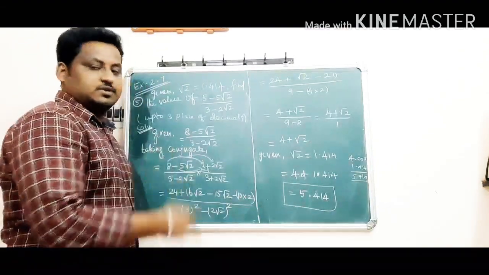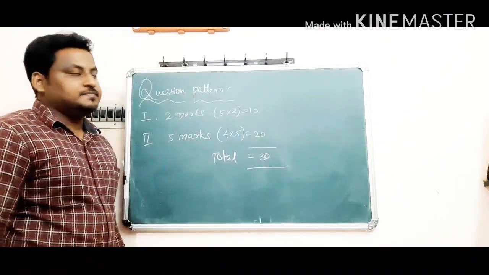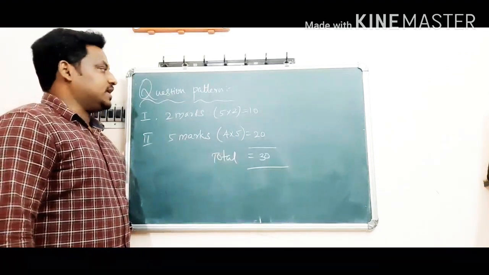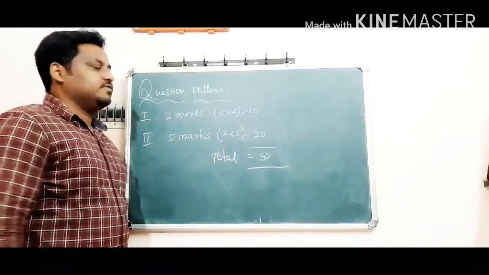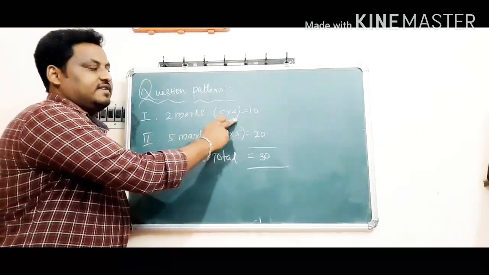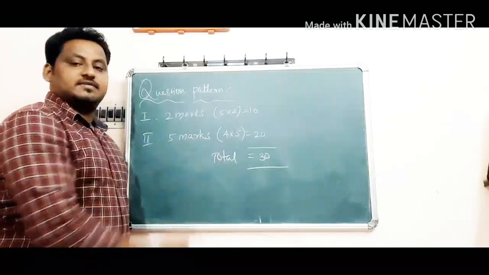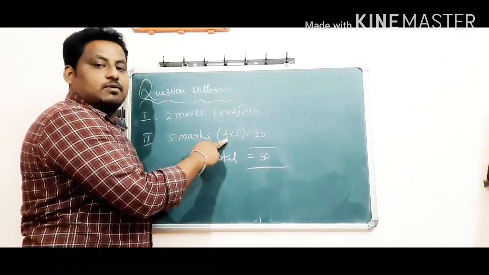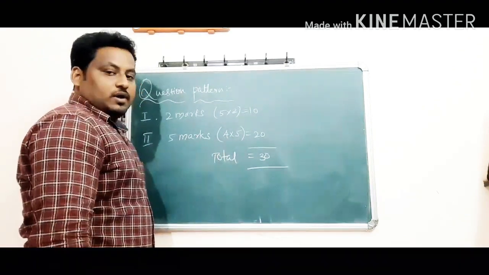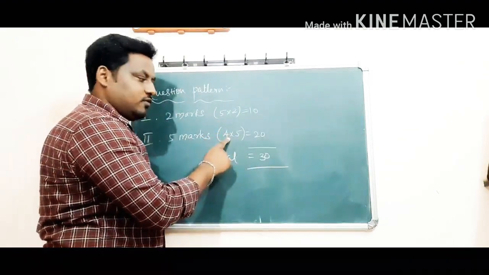Clear? So this is also a 5 mark question. So dear students, exercise 2.7 is over. Up to 2.7 you have the first term examination portions. Here is the question pattern for your first term. First part is 2 mark questions, that is 5 into 2, 5 questions you have to write, 5 2s are 10 marks. And the second part is 4 questions you have to write, 4 into 5, 20. So total marks is 30. So you are going to write 30 marks only, 5 2-mark questions and 4 5-mark questions.